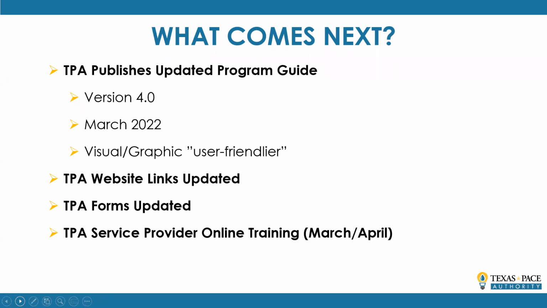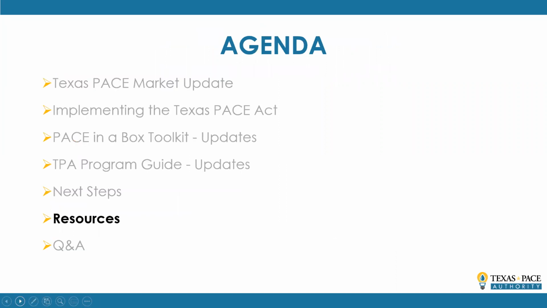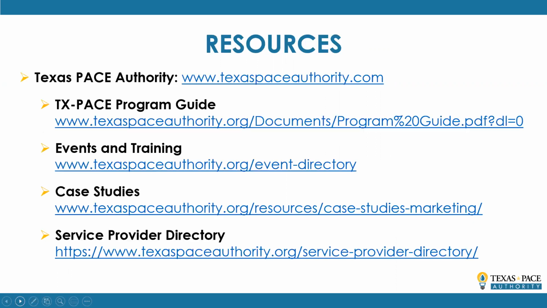And then to follow on with this, we're going to be providing an online training where if you are a stakeholder, if you're a contractor, a service provider of any type, you can go online and at your own pace, go through a training sequence, 3 parts. Each part will have a test. And if you score at least a minimum score to pass that, you can be listed on our website then as a PACE trained service provider. So that's coming as well now that the ink is dry on the program guide. So look for that.